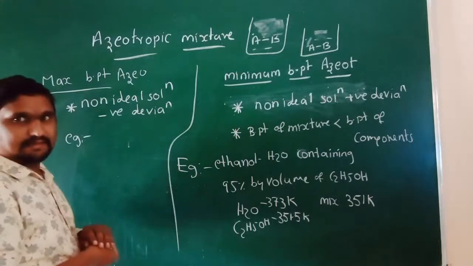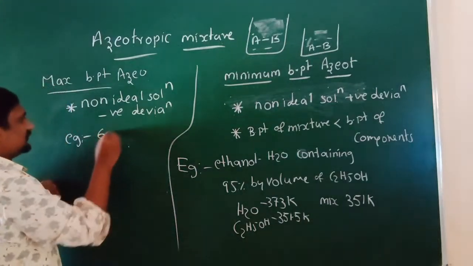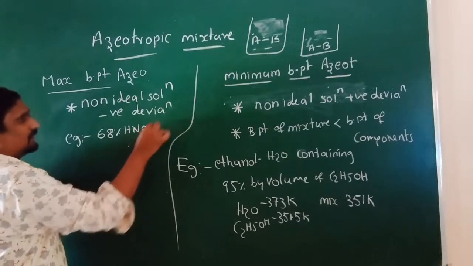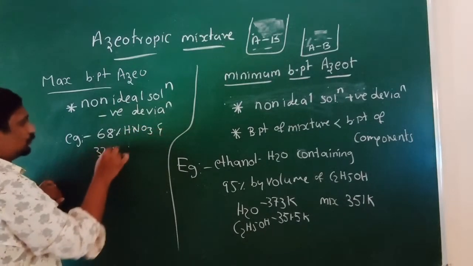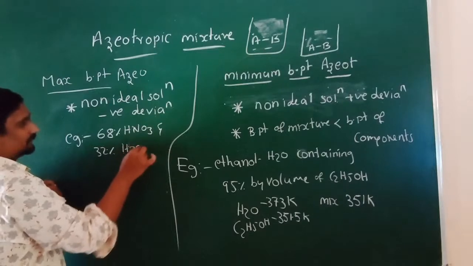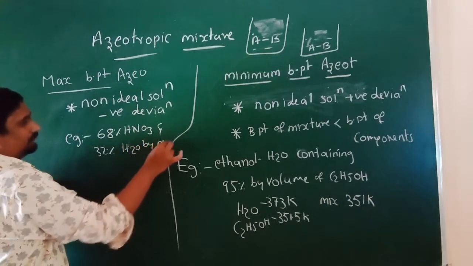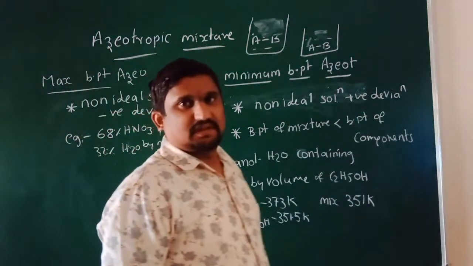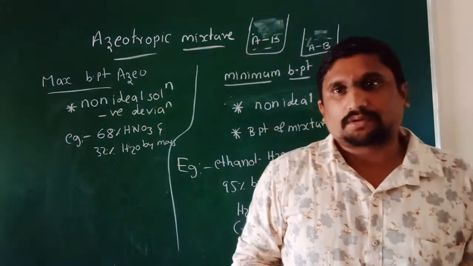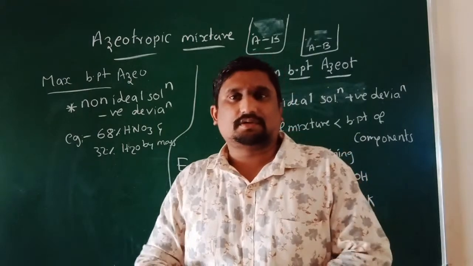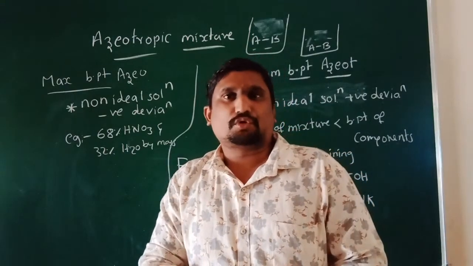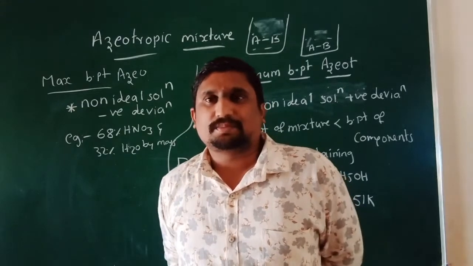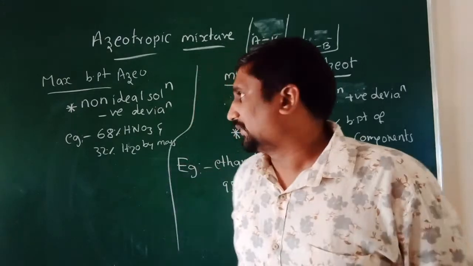A mixture containing 68% nitric acid and 32% water by mass. If you take this azeotropic mixture, which contains 68% nitric acid and 32% water by mass, you can see here in this mixture: